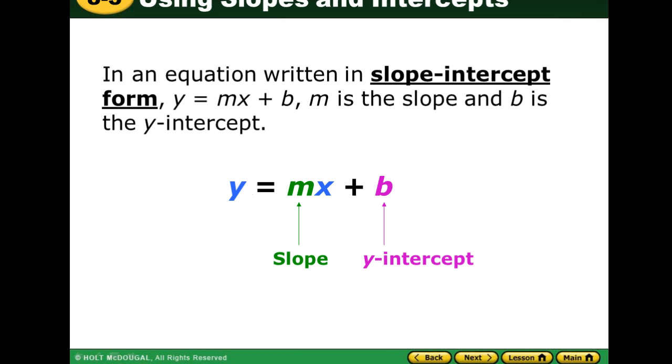The slope-intercept form is an equation. Let's go ahead and get started. So we have an equation written in slope-intercept form, y equals mx plus b, and this is the form, and m is the slope. The y and x are the y and x of a point, and then b is the y-intercept. So again, the main thing to know here is m is for the slope and b is for the y-intercept,